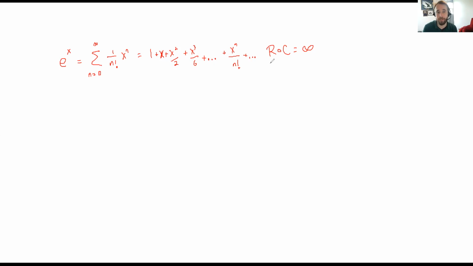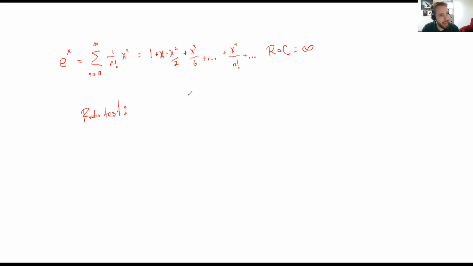Even though this is a series centered at 0, this series would be faithful to the original function e to the x, no matter what x value I'm plugging in. And that's a bold statement. I want to explicitly prove that. And the way that we typically calculate radii of convergence is to use one of our series convergence tests. In this case, let's use the ratio test. So by the ratio test,